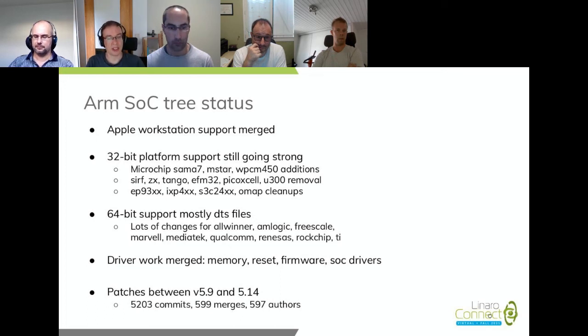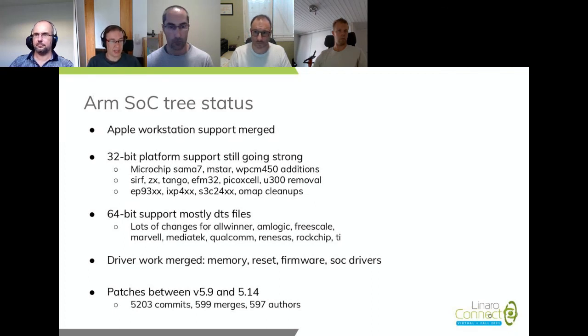There are some ARMv5 platforms that are seeing very active cleanups and that are still being actively used. Most of the 32-bit work is moving towards the low end. So usually the platforms that see the most work nowadays are the single and dual core Cortex-A7, but also even older ones, whereas the larger SMP configurations tend to be using 64-bit these days.